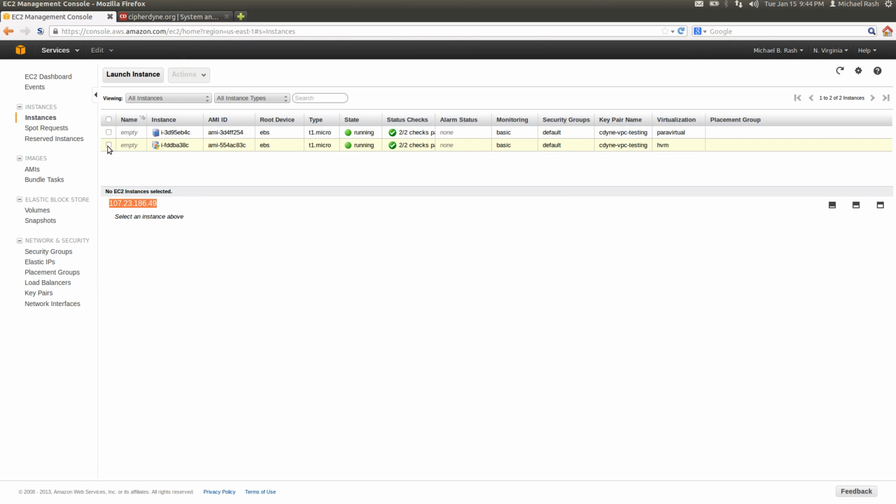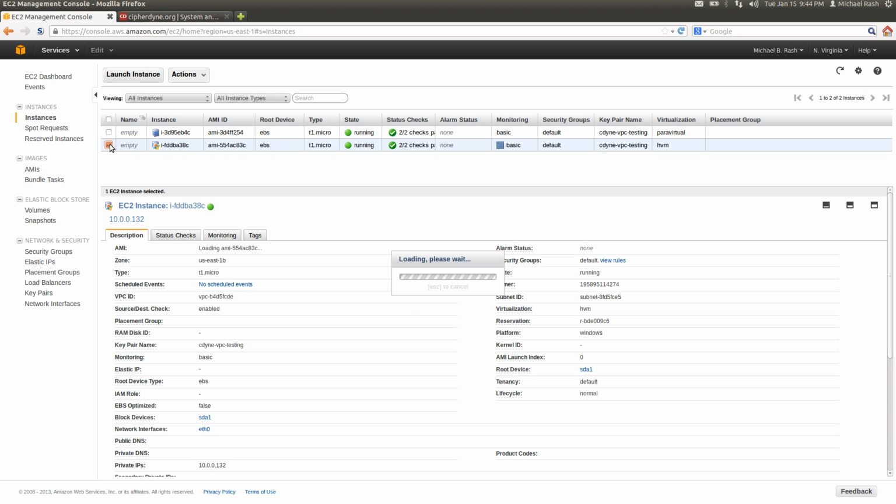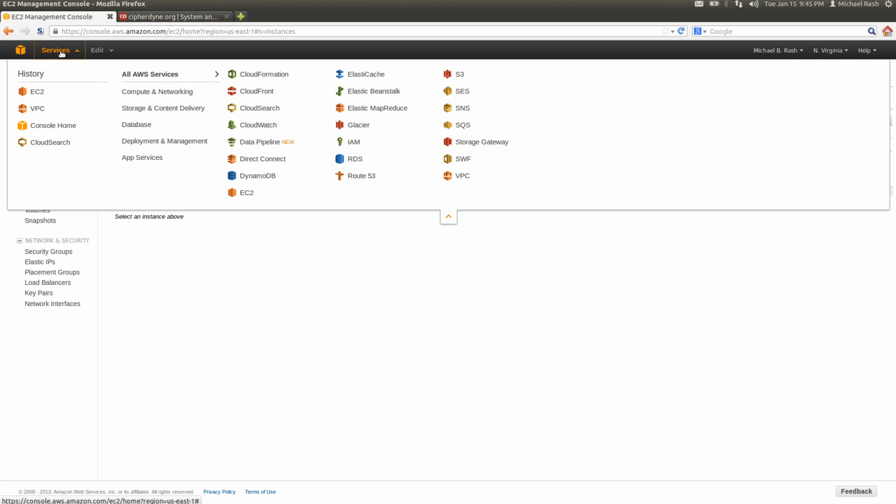So switching back to the Amazon console view, I'm also running a Windows EC2 instance within the VPC network. This Windows instance has a non-routable IP assigned here, 10.0.0.132. You can see that this is a Windows Server 2008. And for emphasis, again, it has no elastic IP assigned. It cannot be addressed directly from the internet without going through special measures. Switching back over to the VPC view,